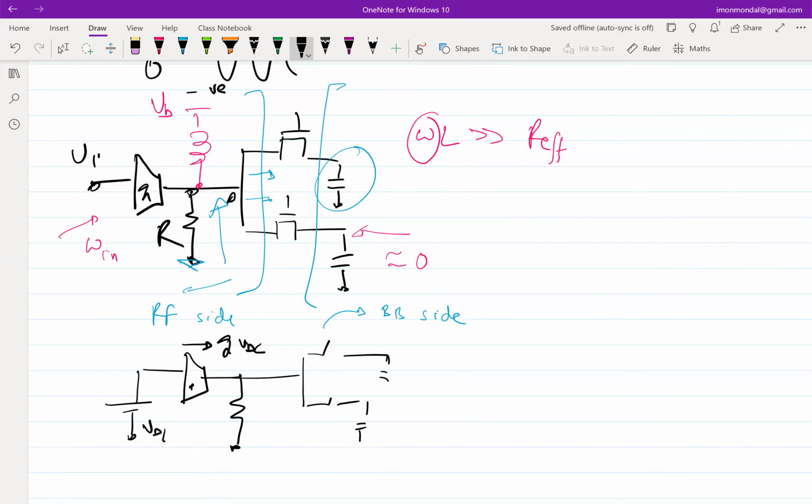Sure, in this particular example, sure, because I gave you GM to be ideal and all, right? So essentially what you are trying to say is that the GM sets the DC operating point at the output, which is actually not a bad thing to do, because in the next assignment, the LNA that you are going to design, you are going to club with the mixer, right? So obviously the output of the LNA has a DC operating point. So that's not zero, right? So that can be used to bias the mixer, right? But it's not necessary that it can be the optimum operating point for the mixer,